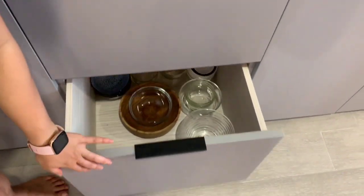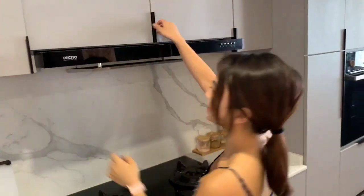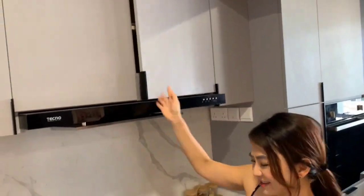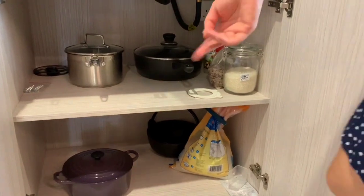Some bowls that I use to prep food, like my kitchen towel. That's not much. You can see it's all quite empty. Like all this is quite empty. So over here I have my pots and pans. I don't have a lot, so I have my